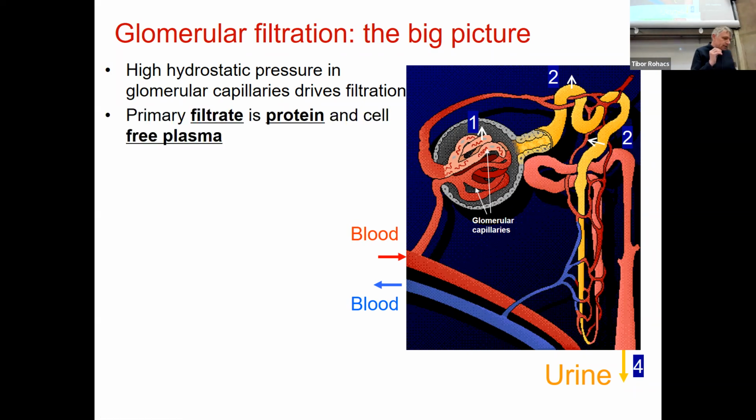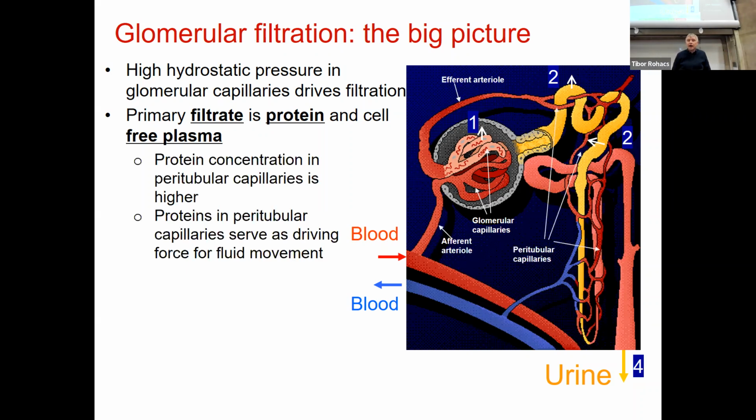And from the first approximation, just very much simplifying it, the primary filtrate is basically protein and cell-free plasma. So proteins are large, cells are even larger. Those are not filtered, but everything else is filtered. Sodium, glucose, calcium, whatever is in the plasma. It's basically protein and cell-free plasma, which is driven from these glomerular capillaries into the Bowman capsule and then into the tubuli by mainly the high hydrostatic pressure in the glomerular capillaries. We'll go into the details of what else is determining it, but this is the first approximation, simple view of